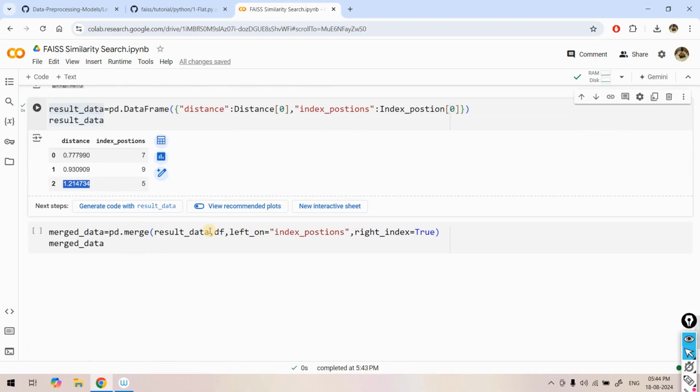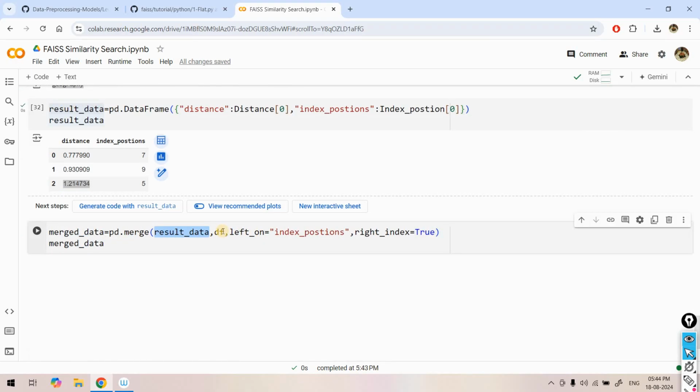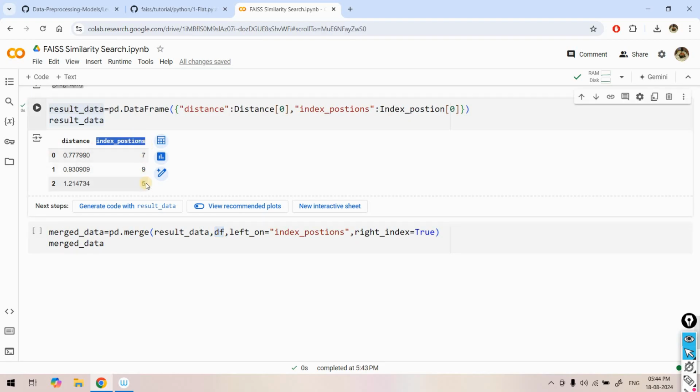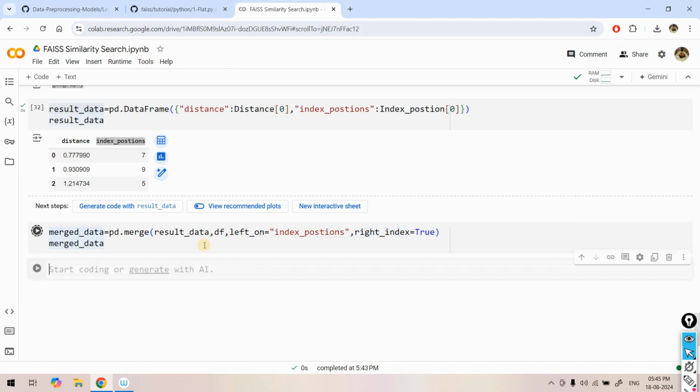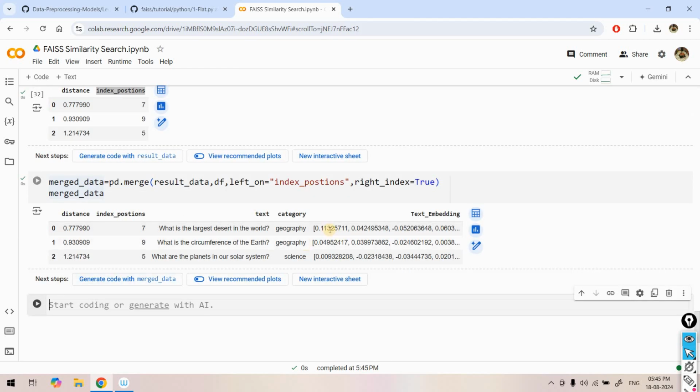Like that it has gone, and this data we can join with our training data set. The column on which we should do the join is, in the result data, index position, and in our right data frame, which is basically our training data, we need to join with respect to index position for our training data. So for the right side data frame, we are considering the right index. That means it will be considering the index like that. And now if I execute merge data, beautifully it will be